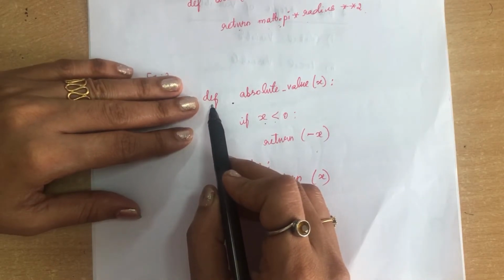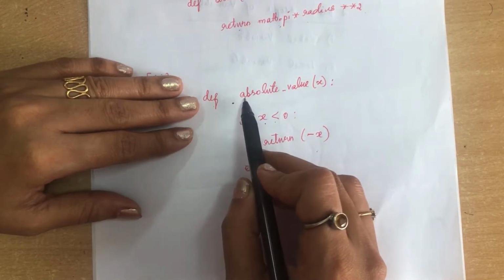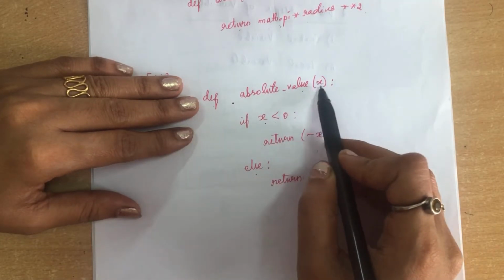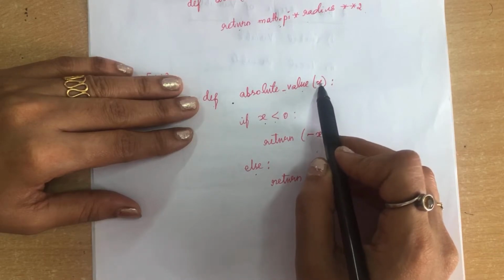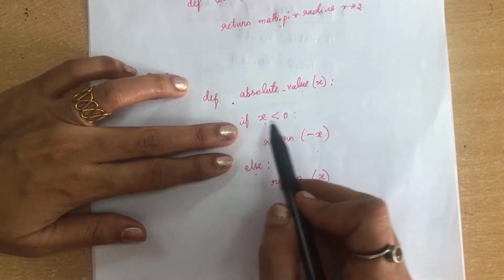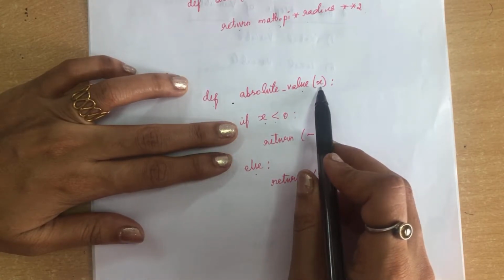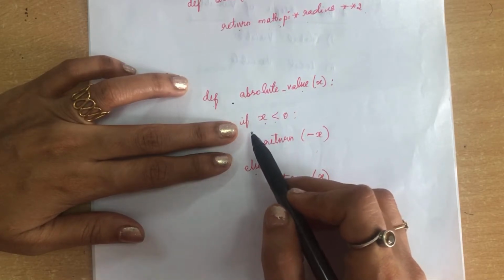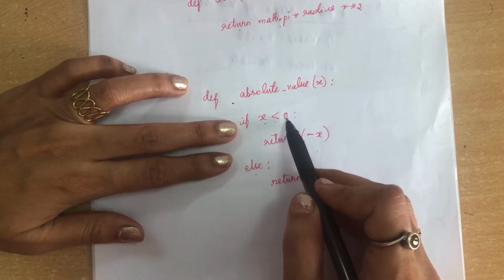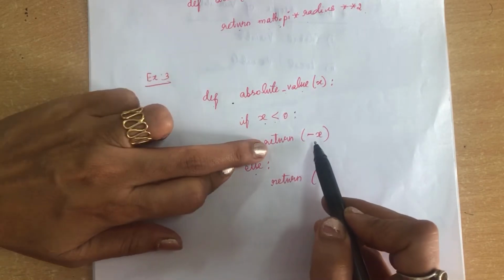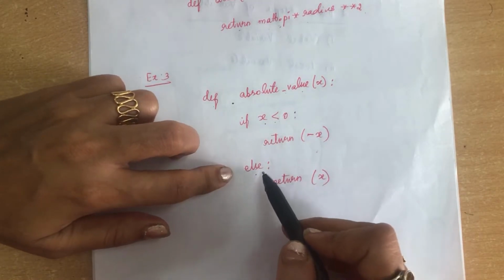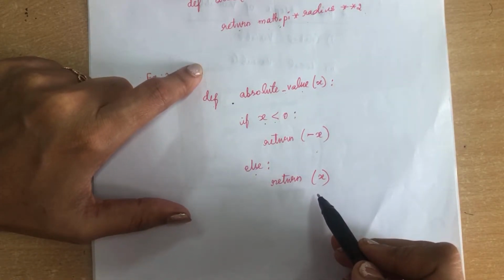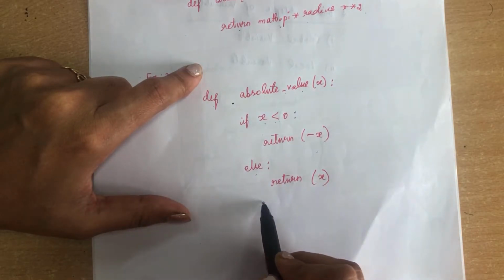There is a function defined with def, and this is the function which is defined by the user. The name of the function is absolute_value, and it is accepting one argument, that is x, followed by a colon. Here I am going to check whether the value of x is less than 0. So inside this function I have an if condition. If this x value is less than 0, then it is going to return minus x, else return x. So this is also one type of fruitful function where you have multiple return statements.